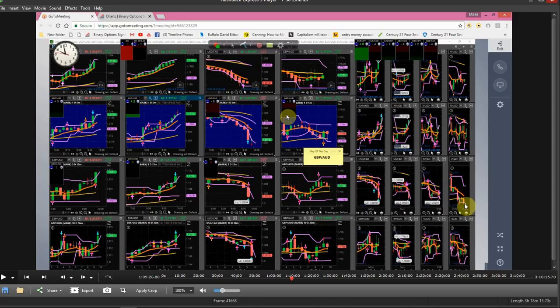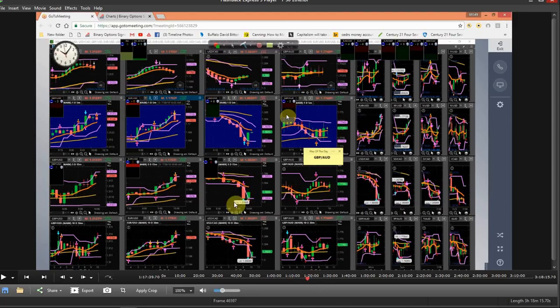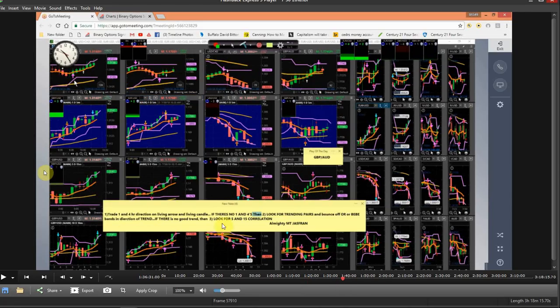Now it's busted the BB band on the daily. So what do you think's going to happen? This is when you see these signals right here. That's when you see them, when they bust these long-term bands. It really is that simple, guys. I mean, it is that simple. Just look at it. I love this right here. 1 in 4s, baby. Look, you get all these rules down together, and you practice them, okay? You practice these rules, okay?